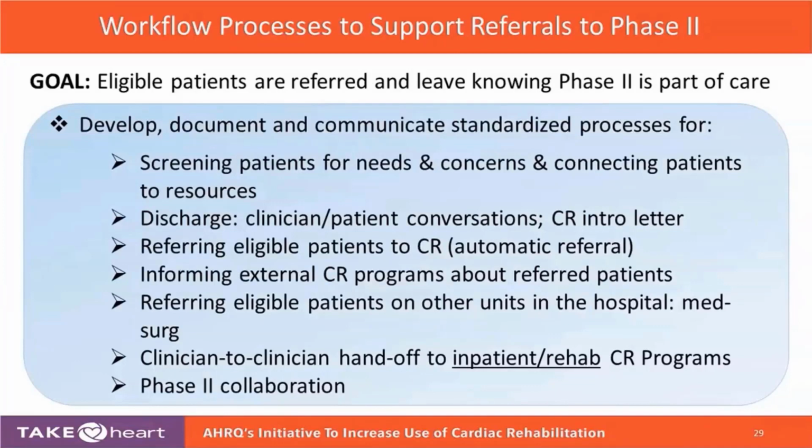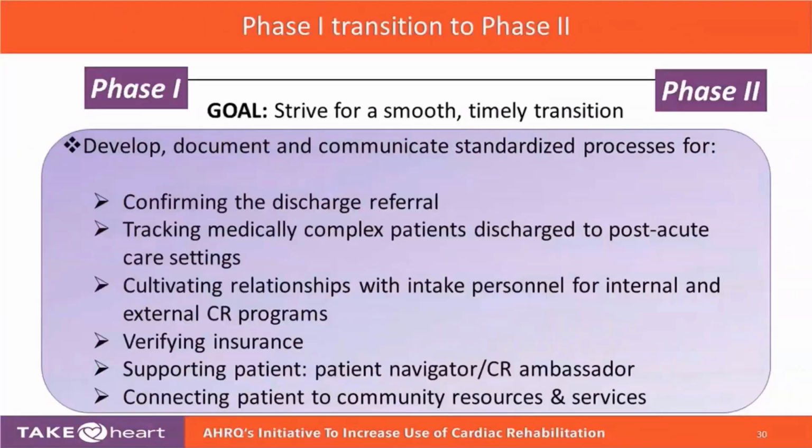So the other thing you want to do here is also have a process where you have a conversation from clinician to another clinician, so that your transition of care is smooth. And then, because a lot of these patients are often complex, have comorbidities and so on, you want to make sure that there is a way to track the complexities of the patients, and that the transition is smooth there. So this transition between phase 1 and phase 2 is very important, because if it is done well, it can shorten the time between the index event and enrollment and participation in cardiac rehab.